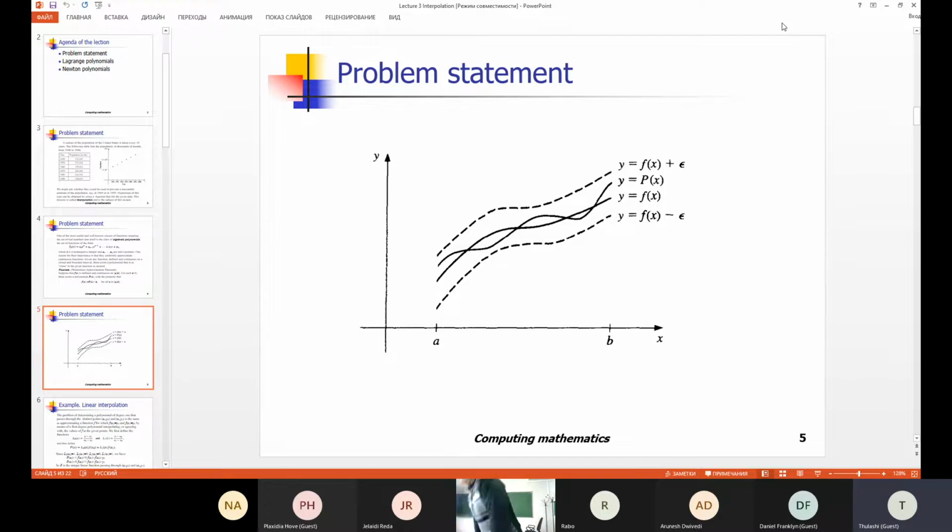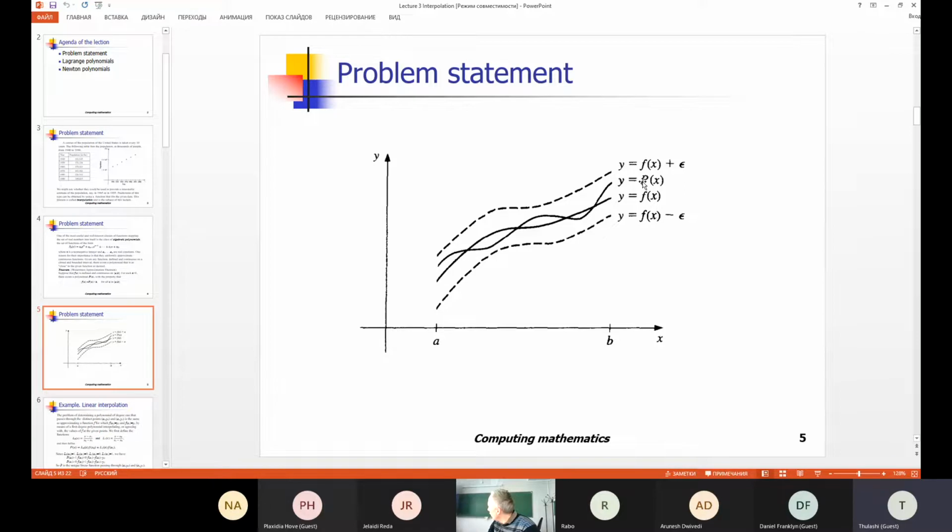What you can see here. So this is a graph of a function f of x, and this is a polynomial p of x. This is a polynomial. Of course,